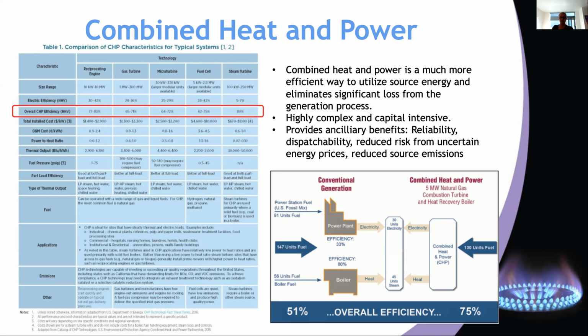So combined heat and power is just a way of saying that we are going to basically have a generating unit, and then we're going to recover all of the heat from that generating unit and put it to use somewhere in our facility. So CHP is broken down by the type of technology used in the prime mover. So we have reciprocating engines, gas turbines, micro turbines, hydrogen fuel cells, steam turbines. These are all based on Department of Energy